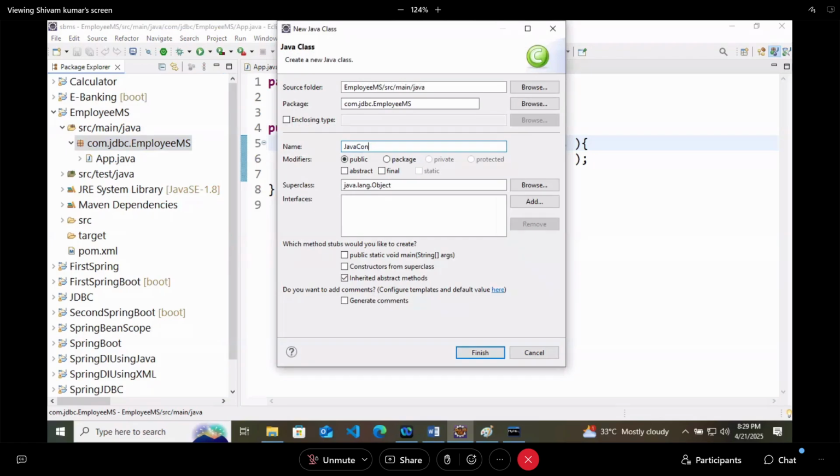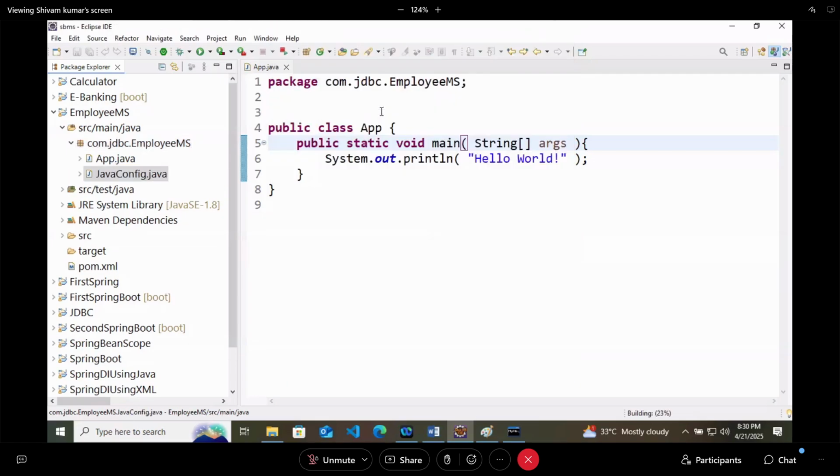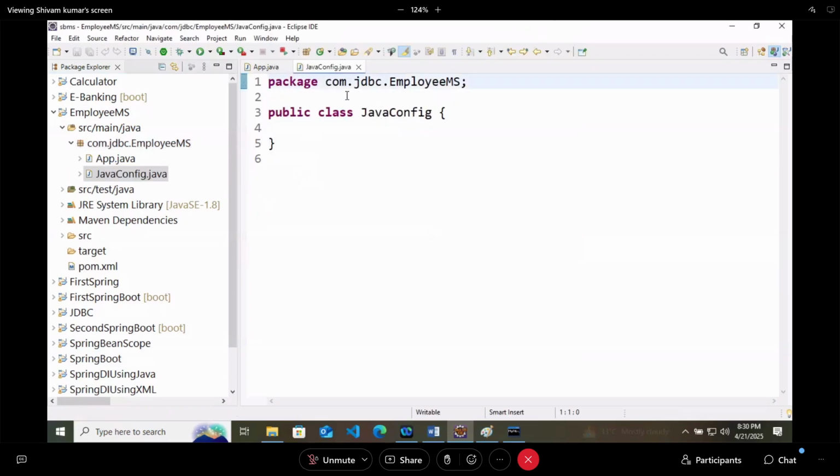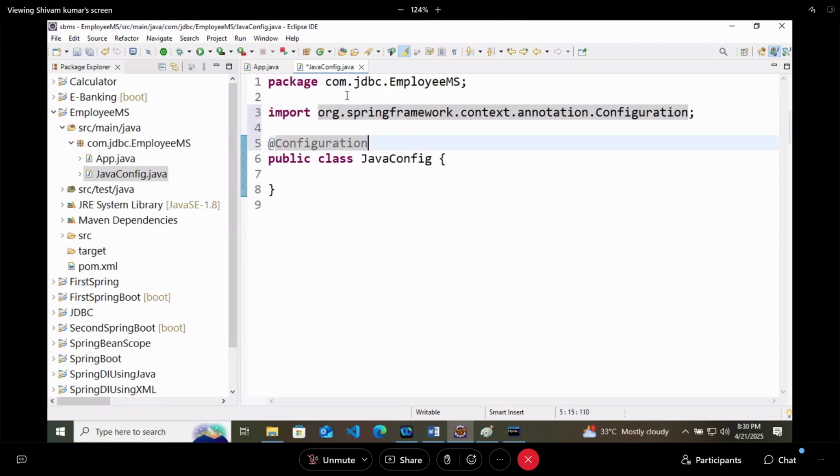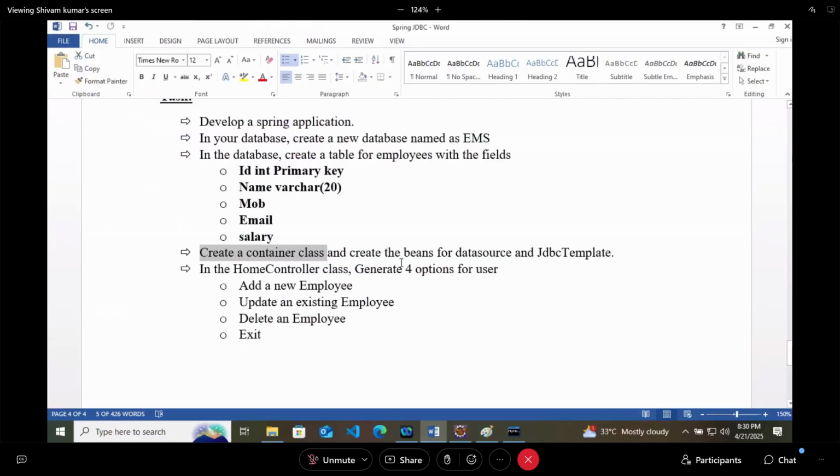You can write any name, by the way. At first, if it is a container, it should have the configuration annotation, right? And create the beans for data source and JDBC template.